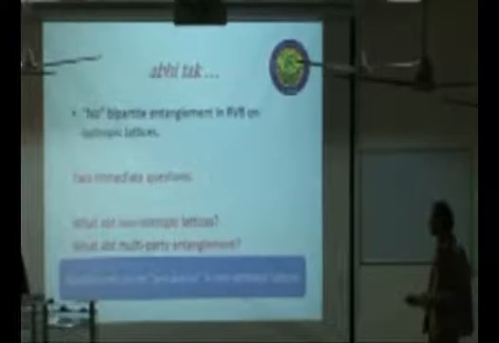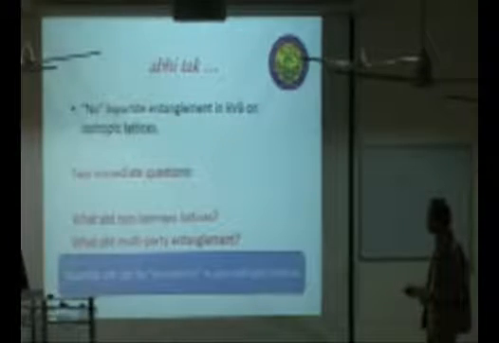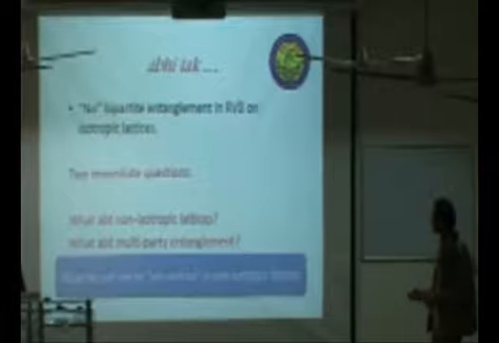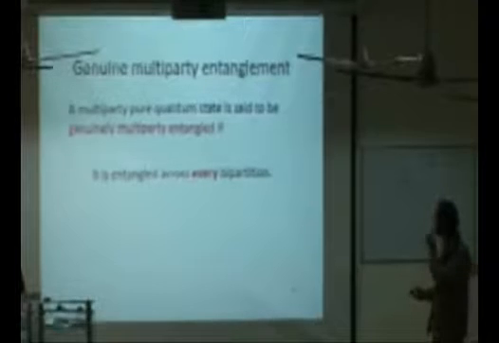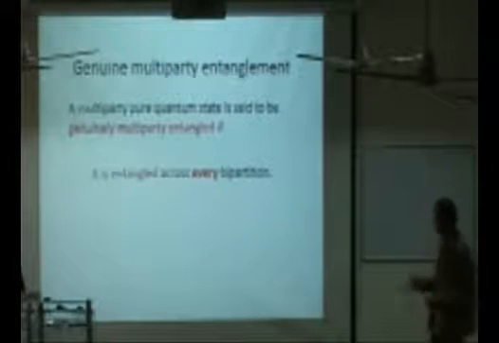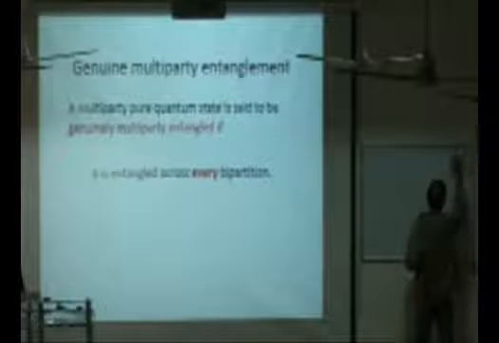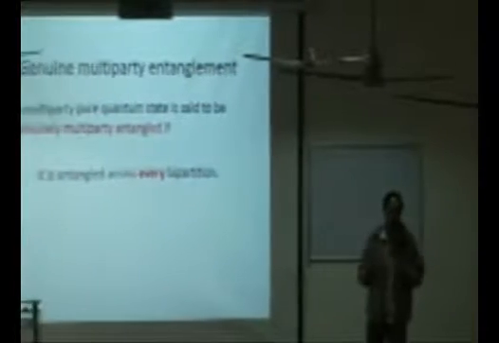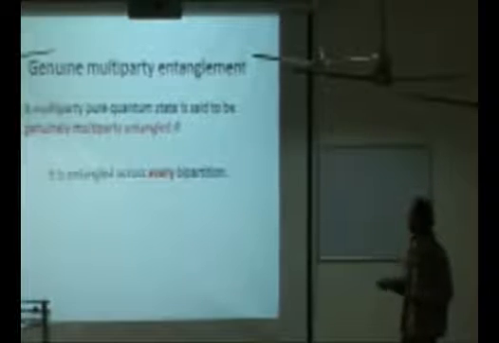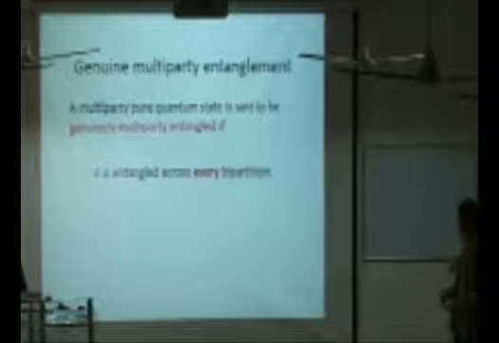So now the next question, what about multiparty entanglement? In these cases, I will mainly focus on the isotropic case. So here I must tell you about what is entanglement, because for bipartite entanglement there is essentially, at least conceptually, a single measure of entanglement. There can be many ways to measure it, but essentially it's the same concept, especially for pure states. But for multiparty states, there are many types of entanglement. For example,